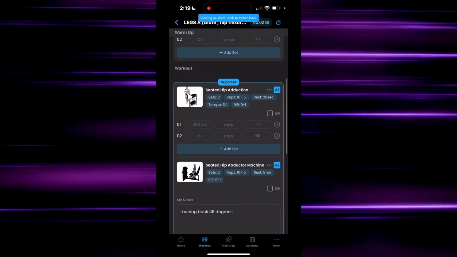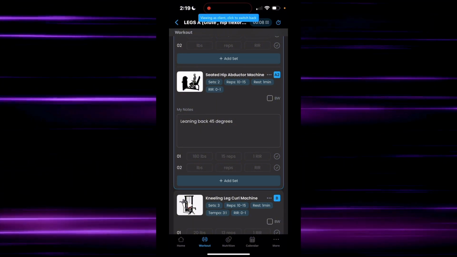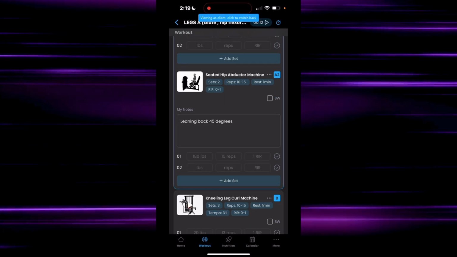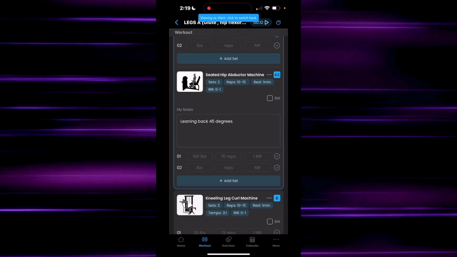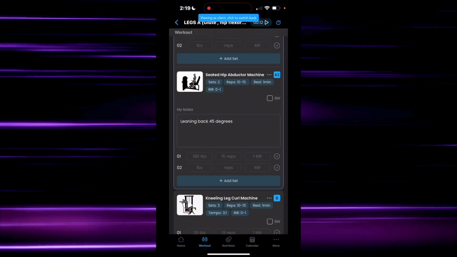Okay, so say you finish your workout, or you're trying to pause your workout. All you have to do is hit the pause button at the top right hand corner of the screen where it shows your timer, and that'll pause the workout for whatever reason. If you're trying to run to the car, or you may have gotten a call and you need to pause your workout, make sure you pause that so that it's not recording that time that you're not actually training